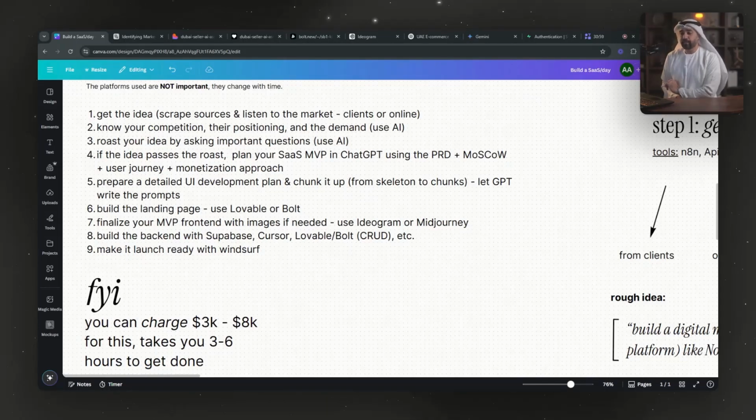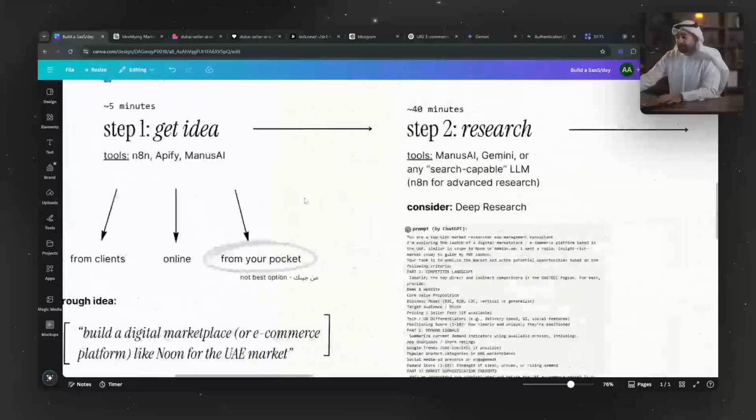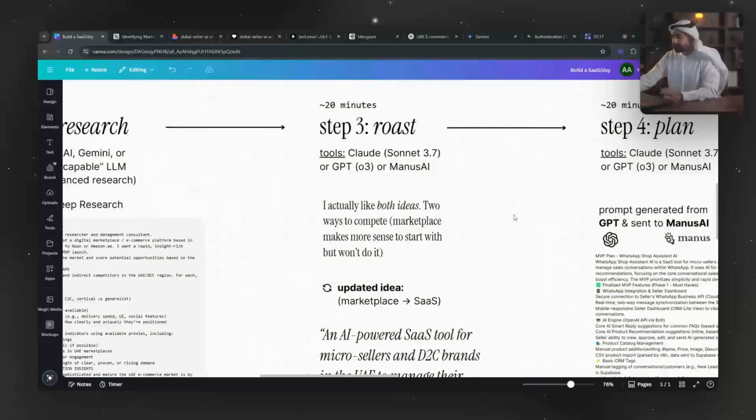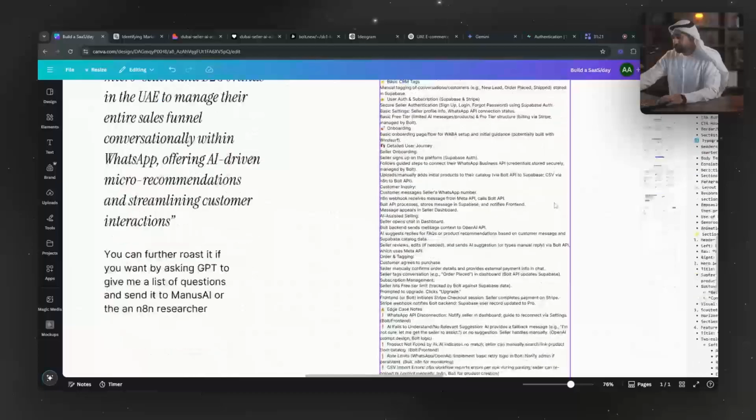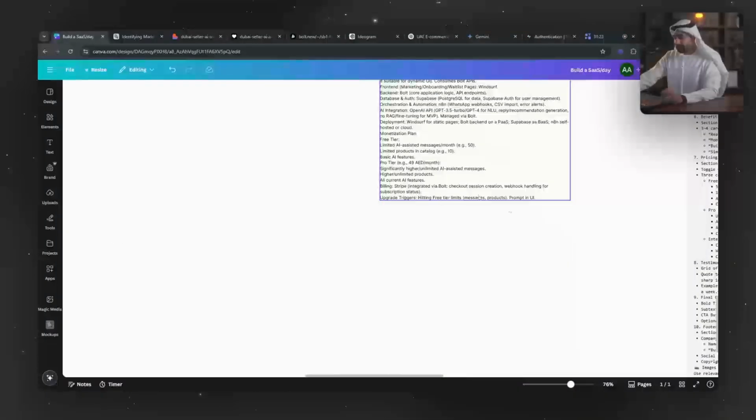And the UI development plan, and by the way, as I mentioned, this is something I did for my client, is going to tell you how each page within your SaaS looks like. What is the login page? What is on the dashboard? What is on whatever? So this is a very important point. And you can let GPT write it, Manus, whatever. I was a bit fancy because I had my Manus subscription. I had some tokens. So I said, let's do it in Manus. So it gave me the full thing over here.